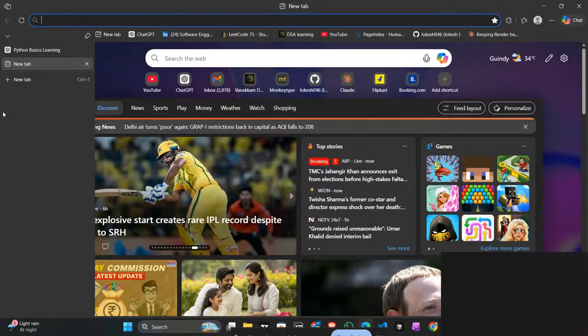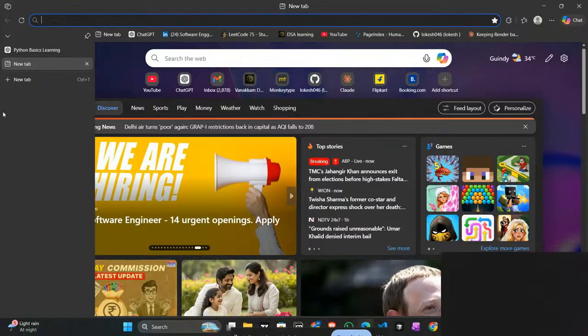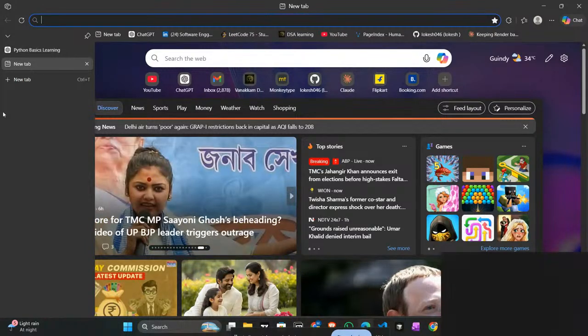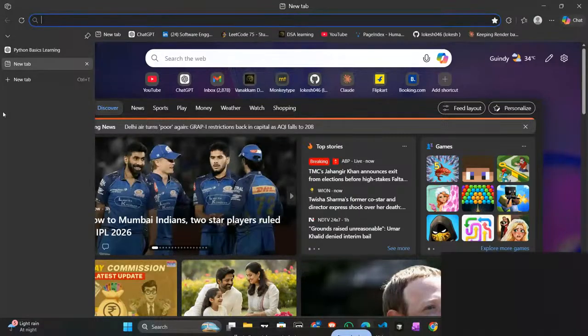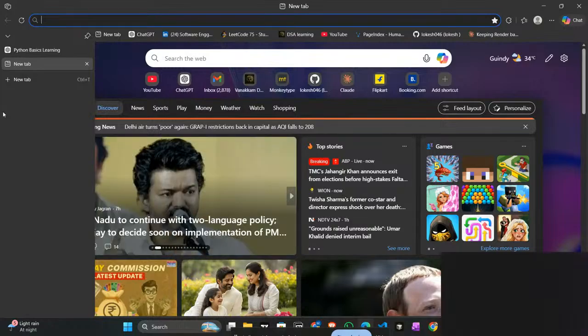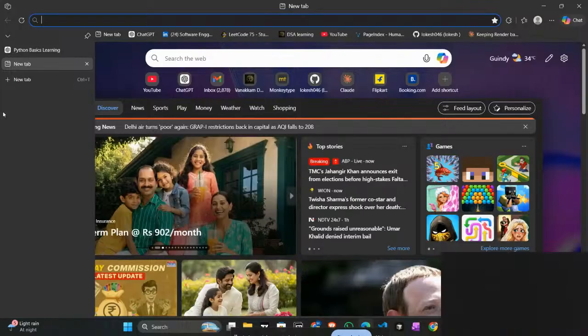So here the concept of a programming language comes in. Now we are communicating human to human. But when we want to communicate between a human and a machine, how can we do it? We do it with a programming language. It helps us to interact with the computer.